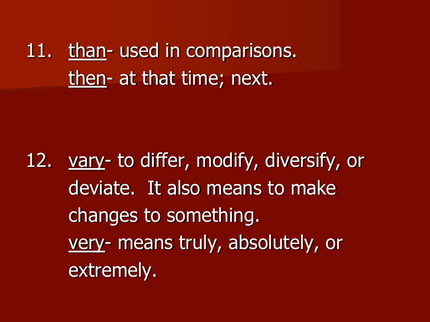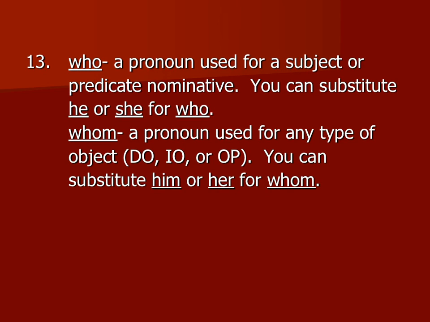And then our last one for today is who and whom. So who is a pronoun that we learned is used for a subject or a predicate nominative. If you want to test and see if it's okay, you can substitute a nominative case pronoun that I taught you. You can substitute he or she for who. And whom is a pronoun used for any type of object, a direct object, an indirect object, or an object of a preposition. And again, you could substitute him or her for whom. So these are some of the definitions that will help you complete that homework sheet tonight, which is due